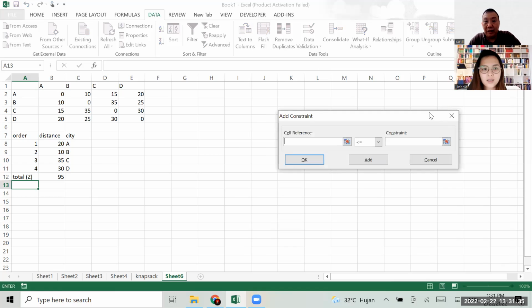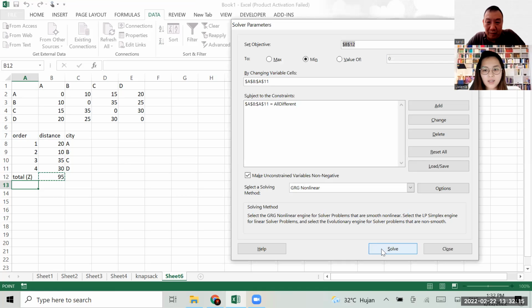This is the most important part. The constraint is, wait, the order, and then the distance, right? The order must be all different. So the order, using the all different option. Yes, so that is the order. Click OK. Okay, so if you solve this,